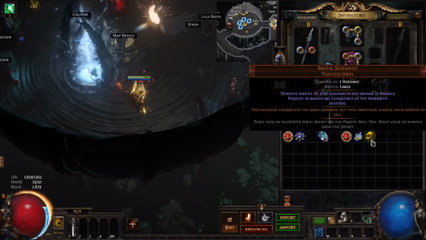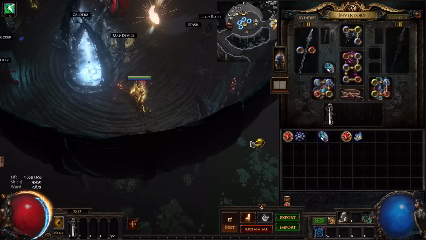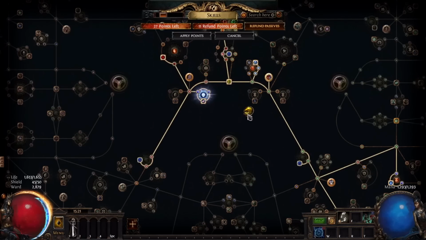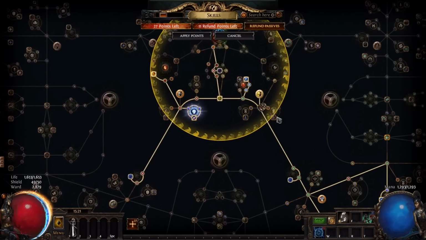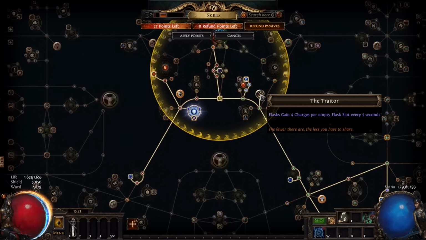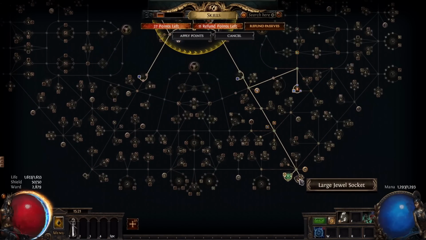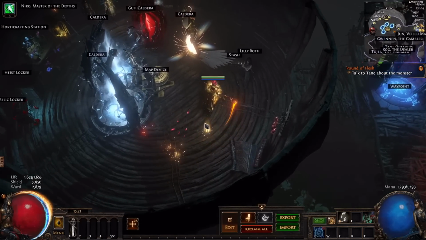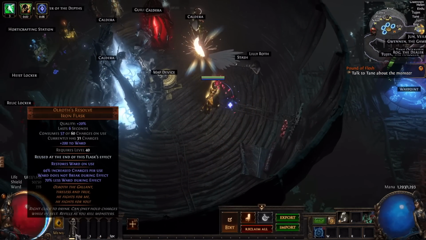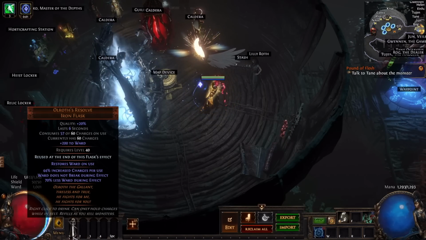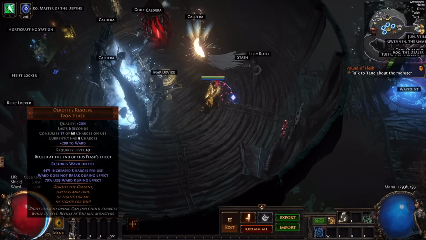We have this Brutal Restraint jewel, which transforms one node into the Traitor. As you can see, Traitor gives us 4 flask charges per empty flask slot every 5 seconds. So let's see. When I press this flask, it should be charged until full. As you can see, it's charged automatically